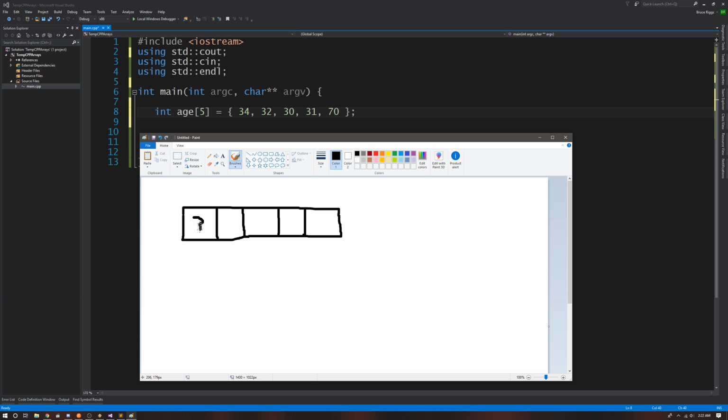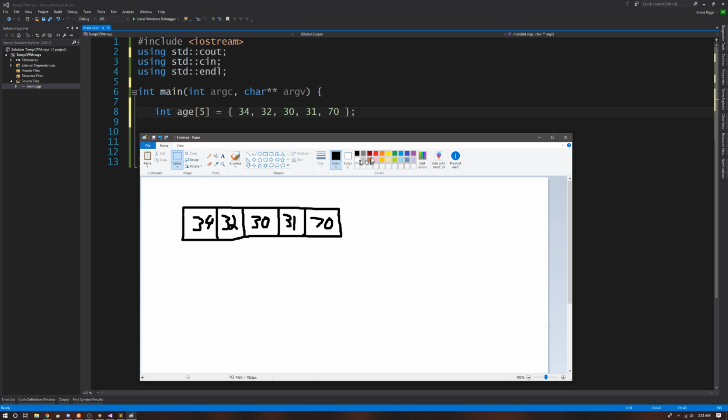Good. 34, 32, 30, 31, 70. And what's nice about this is, in regards to the amount of bytes and their location,